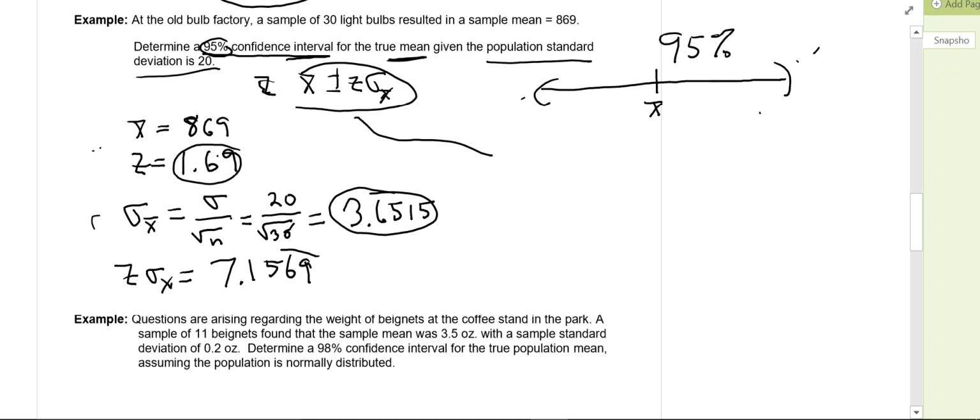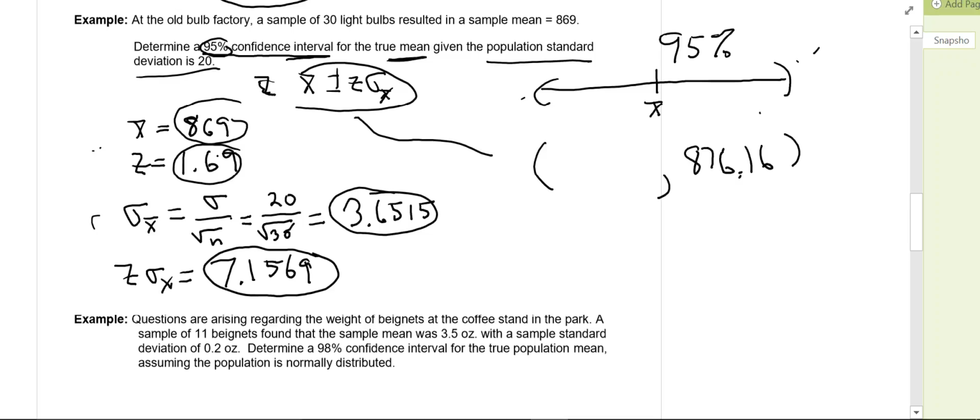So I am going to be adding and subtracting this number from the sample mean. When I add it to it, that's going to be the upper limit, right, on the interval, the upper bound on this interval. When we add those two numbers together, I'm going to round to two places, 876.16. So you should be very close to that number, within the hundredths place, right? 0.17, 0.15, somewhere in that neighborhood. Okay? All right. When I subtract this number from 869, I get